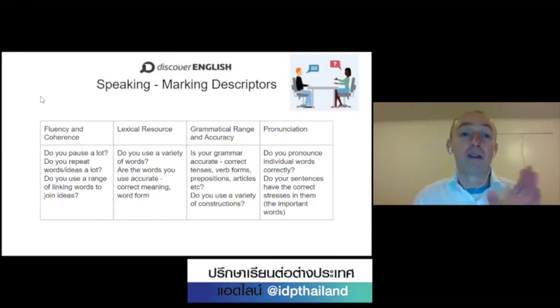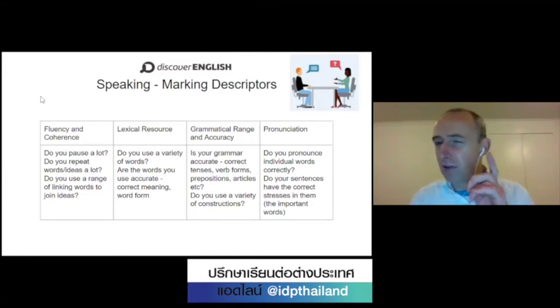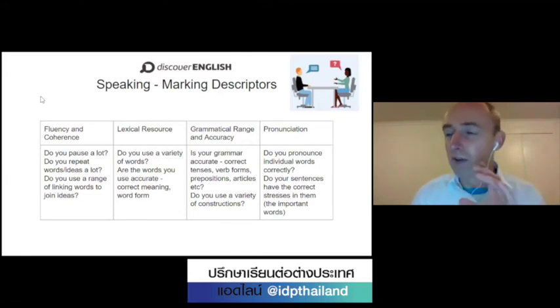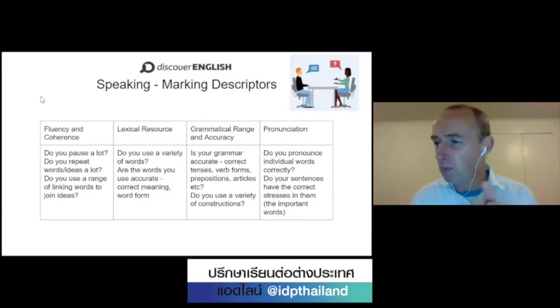Pauses are quite common at the start of sentences, and they're normal. They happen for native speakers. They happen for everybody, when you're trying to think of an idea, or create or formulate your answer. But in the middle of a sentence, when you are halfway through and then you stop and you're thinking, which verb tense should I use here? Or what's the correct form of that word? Should it be beautiful? Should it be beautifully? In that case, those pauses in the middle of sentences break up fluency and they will bring down